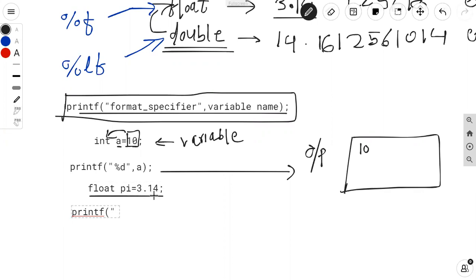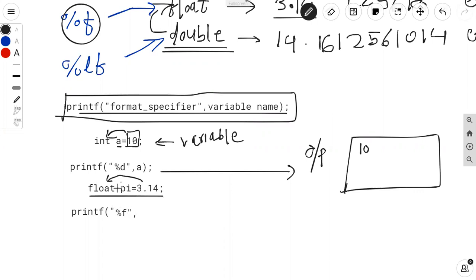Now, this 3.14 is of which type? This is of float type. So, which format specifier is used for float? %f format specifier is used for the float variable. So, we use over here %f, then double quotes complete, comma, and which variable contains this value 3.14?